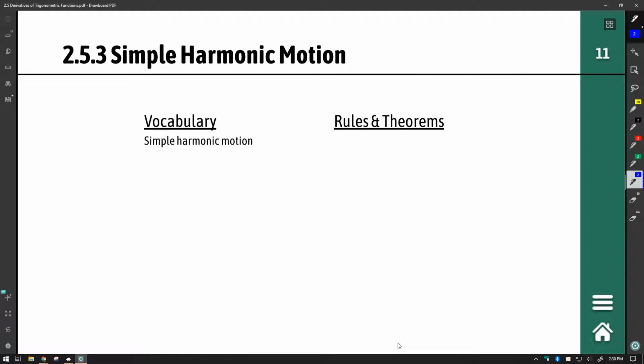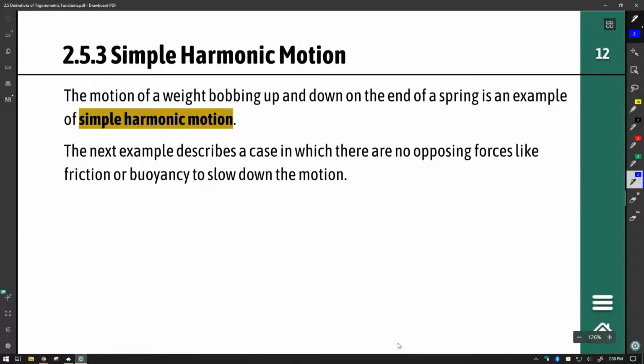Next, we're going to learn about simple harmonic motion. This is 2.5.3, and harmonic motion is our only vocabulary or rule or theorem in this section. So the motion of a weight bobbing up and down on the end of a spring is an example of simple harmonic motion. So we can imagine a spring